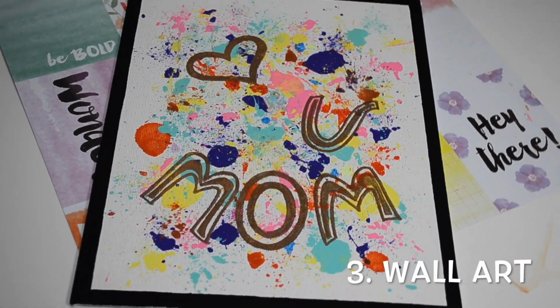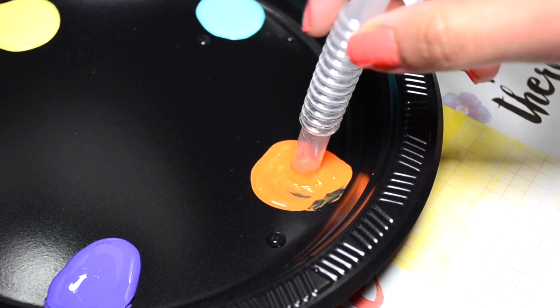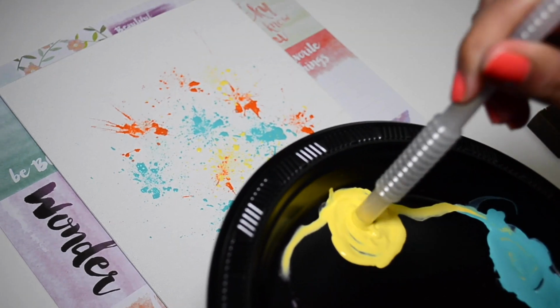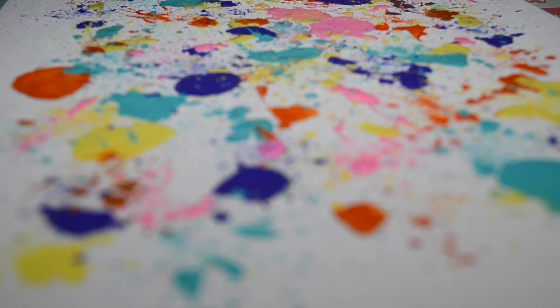Next, I am showing you this canvas wall art which you can make very easily. So take a straw and acrylic paint and then blow it on the canvas randomly. Take as much colors as you want to make it as colorful as you like, and it will create a